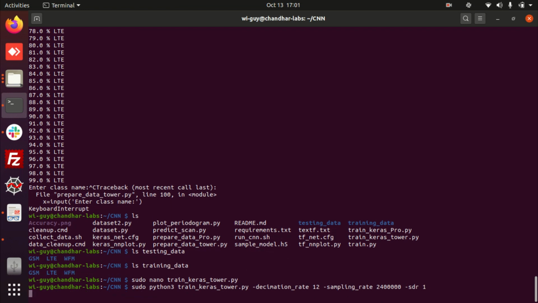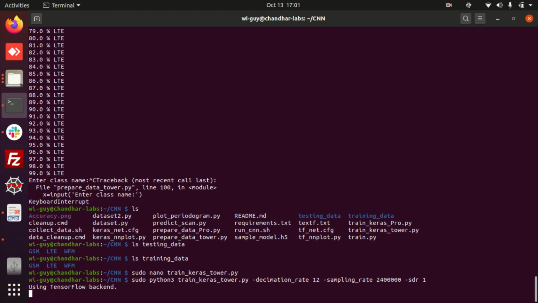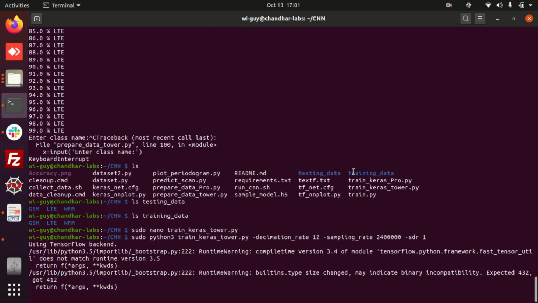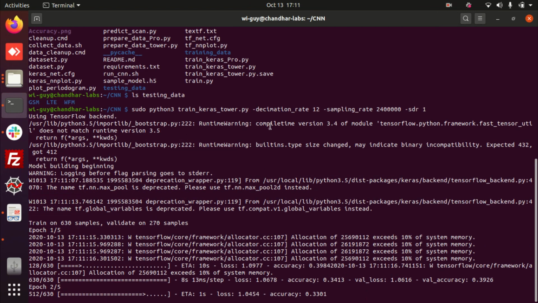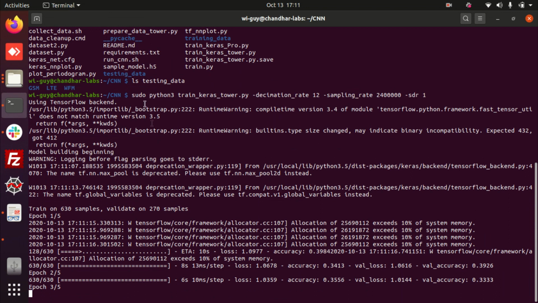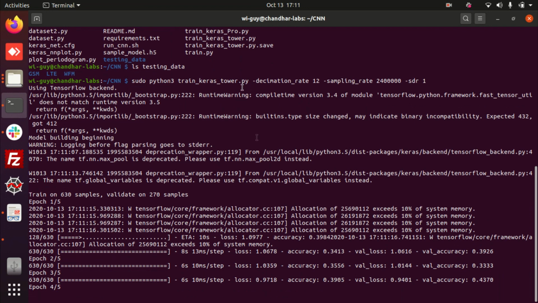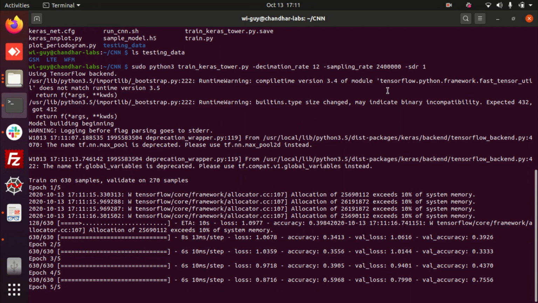Training the Keras model using the TensorFlow backend has started. After giving the command, your program is running for a decimation rate of 12 and a sampling frequency of 2.4 mega samples per second.